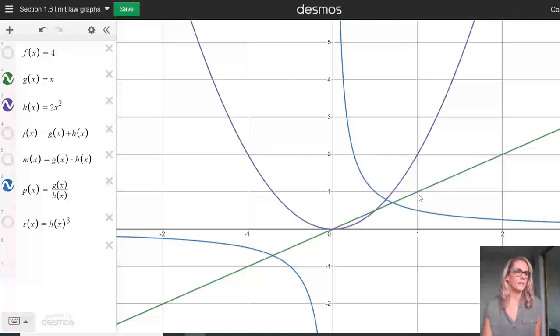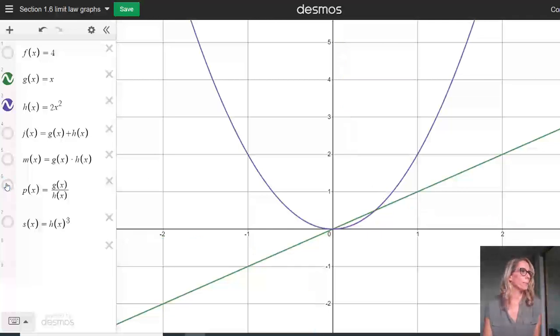But what you're seeing is f of x has a limit of 1, g of x has a limit of 2 as x approaches 1, and if you take 1 and divide it by 2, you get 1/2. So that's what's happening right here. But that is what you can do. So the point is you could find each one of them separately and then just divide them instead of having to do more work than that.